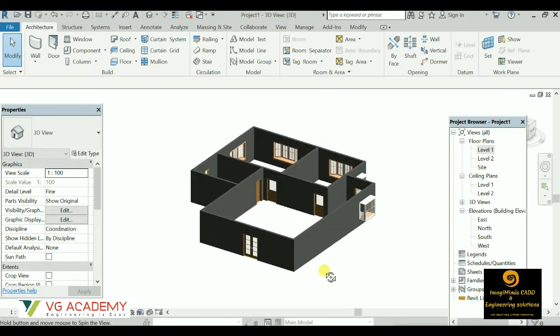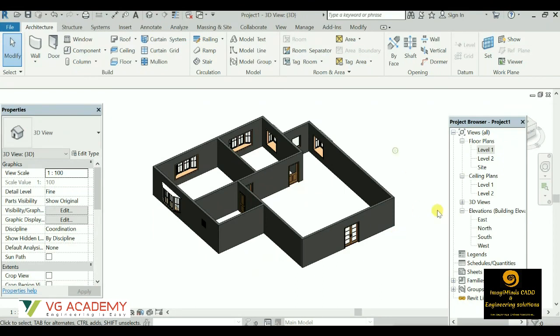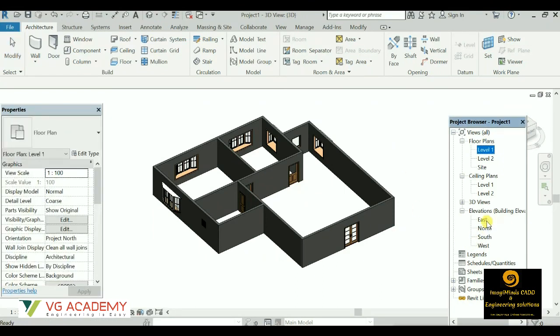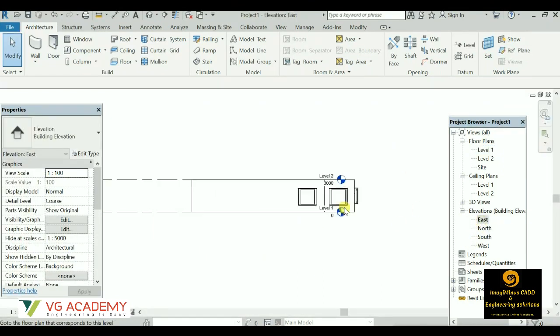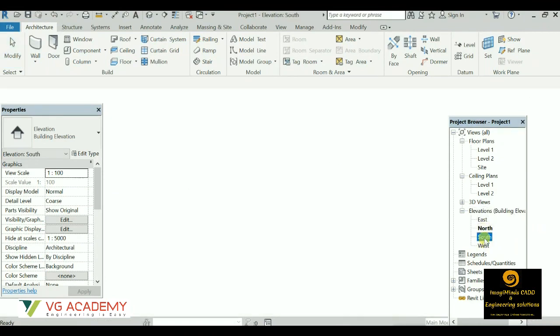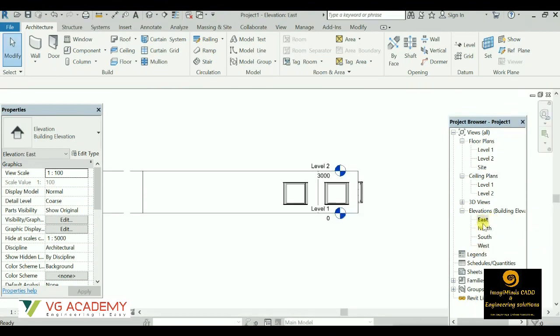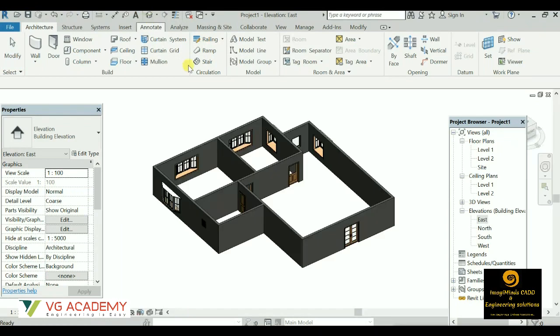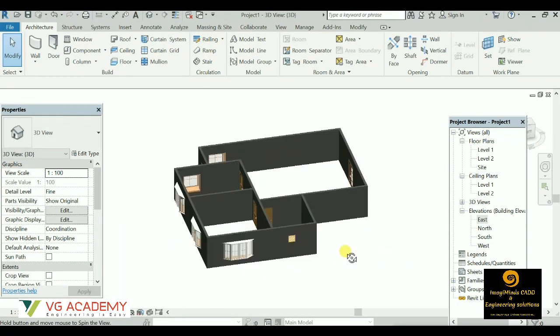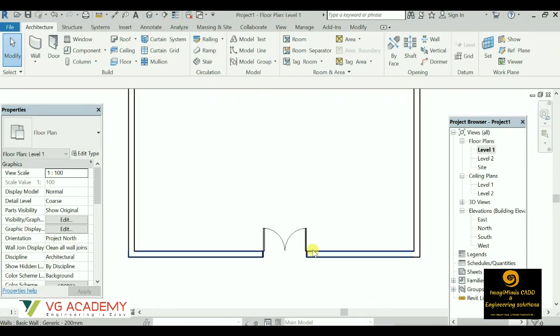So now we could place these doors and windows on a floor plan. So let us check the elevation view. This is the elevation view. East, west, north, south elevations I'm showing you. Now we could visualize the 3D like this. Let us place a fixed window over here.